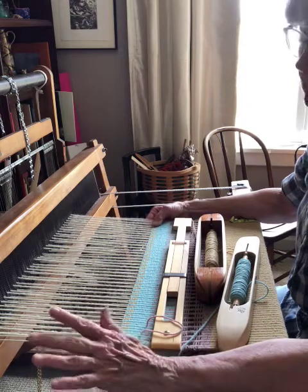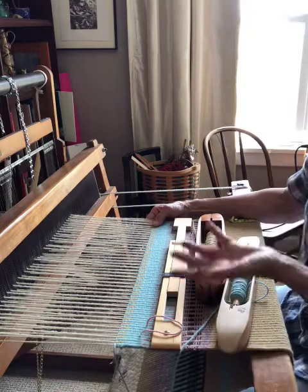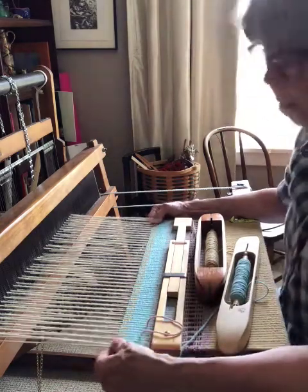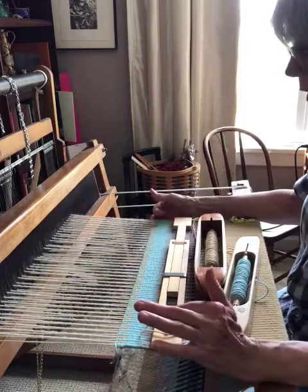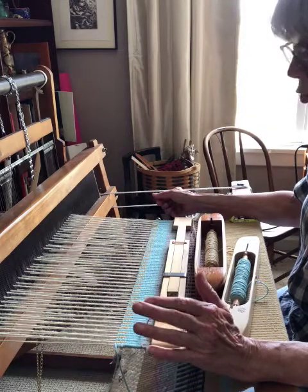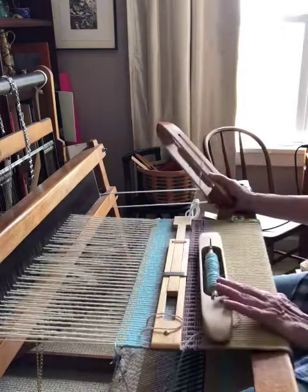One thing is I'm not making one side of the bag match the other side of the bag, because it gets really boring for me and I probably wouldn't be able to make it match up. So I actually enjoyed playing around and trying different patterns. So right now I'm working on columns,